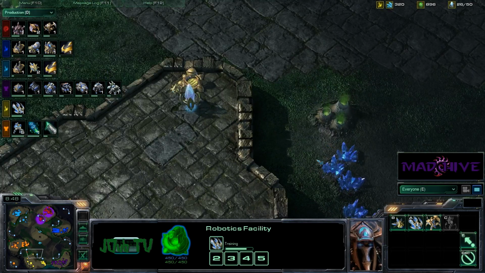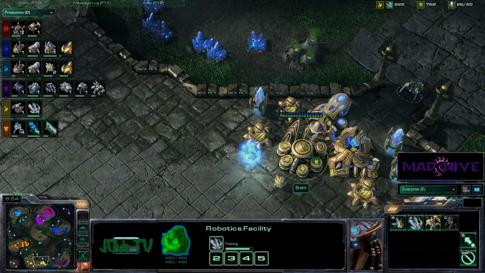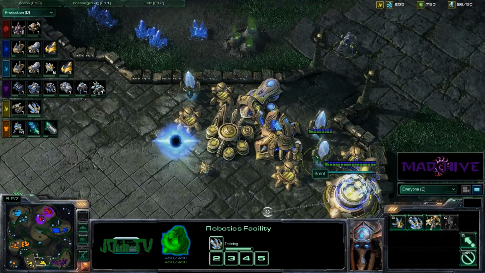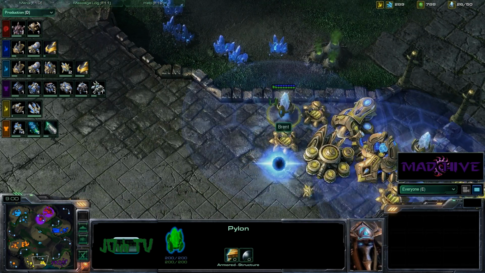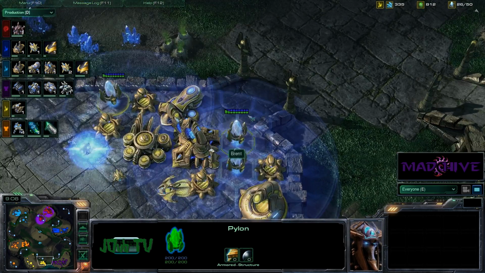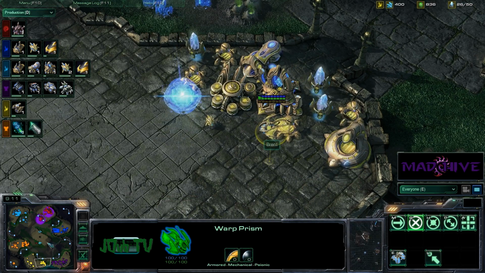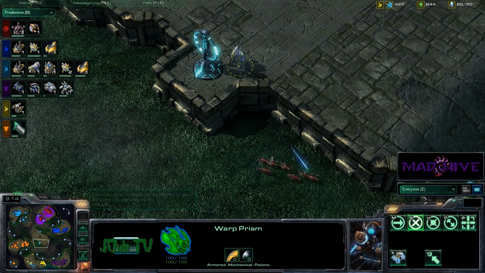Is he going to go for Void Rays? Because even if he wants to go Gateway tech... Oh, he makes a Stalker. If he wants to go Gateway tech, he's got to warp all of his units in these little spaces. It's the only way he's going to get units outside of his base until his Warp Prism is done. So this really speaks to me like he's gonna go...